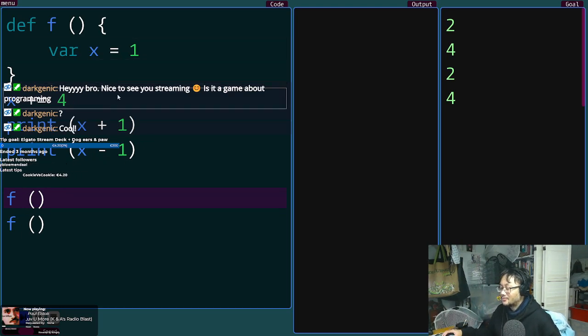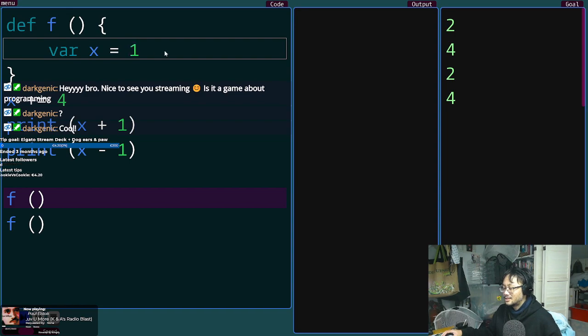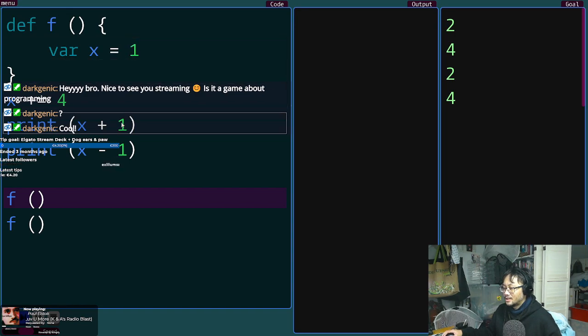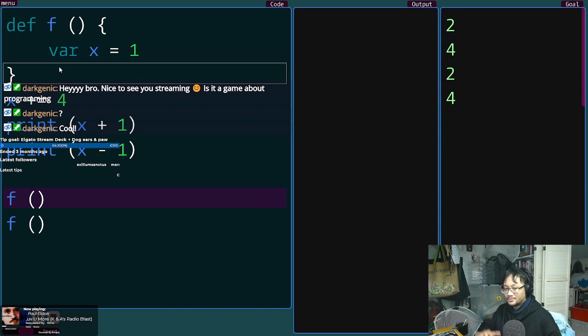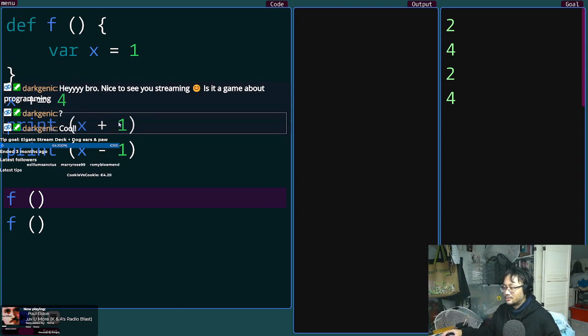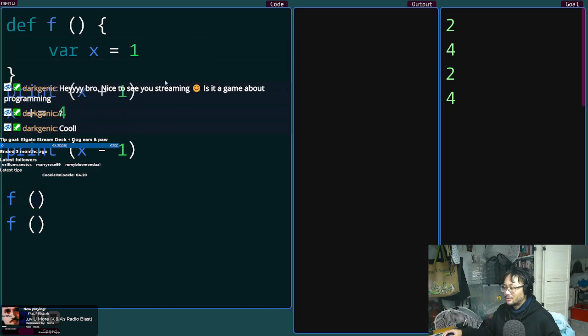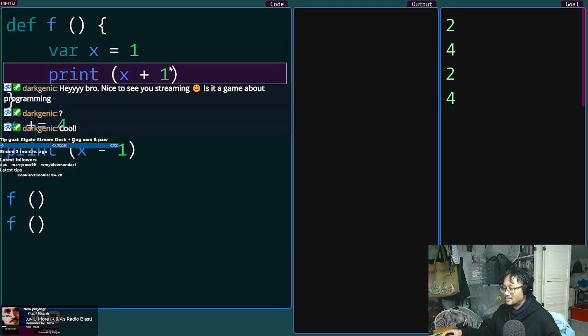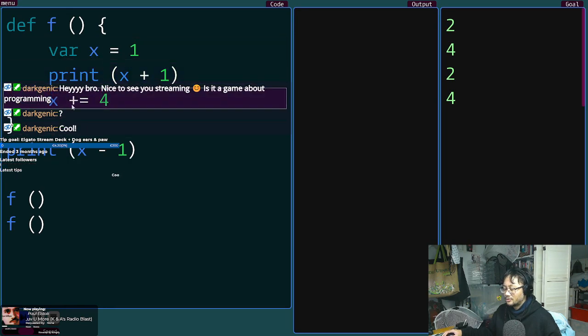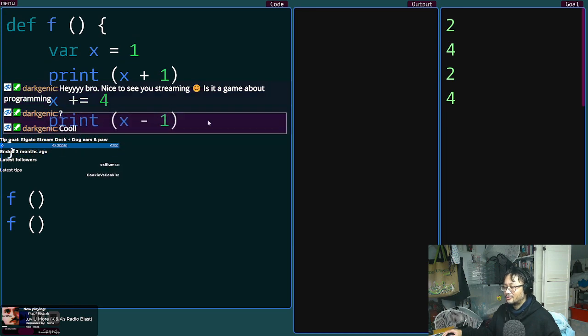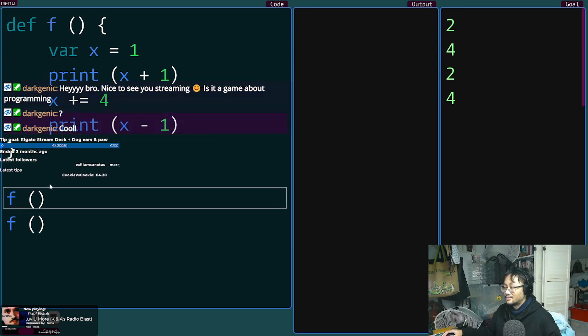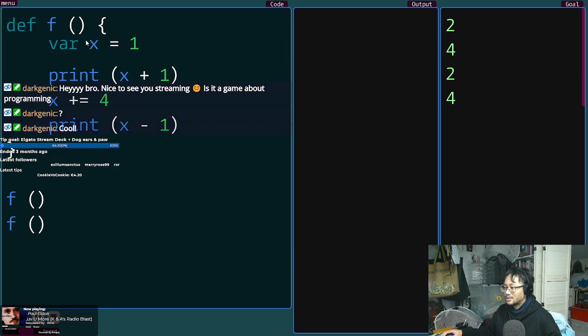The reason why I'm doing this is it gives me a clearer overview over what is going to happen. So if I do this now, x is 1, x plus 1 is 2. So 1 plus 4 is 5, but here we have 5 minus 1 is 4. So what happens here is, okay, if I do this,